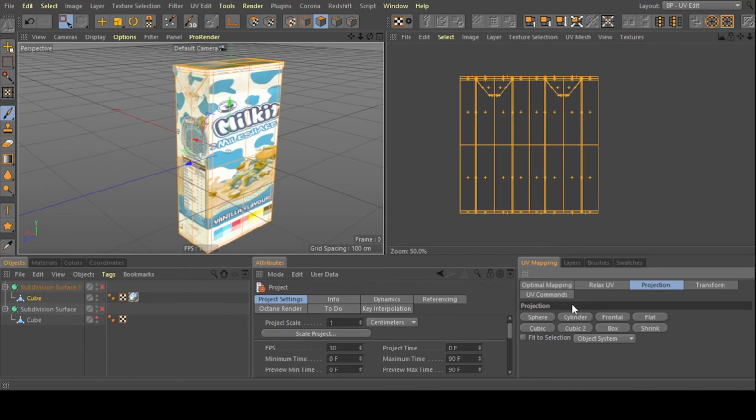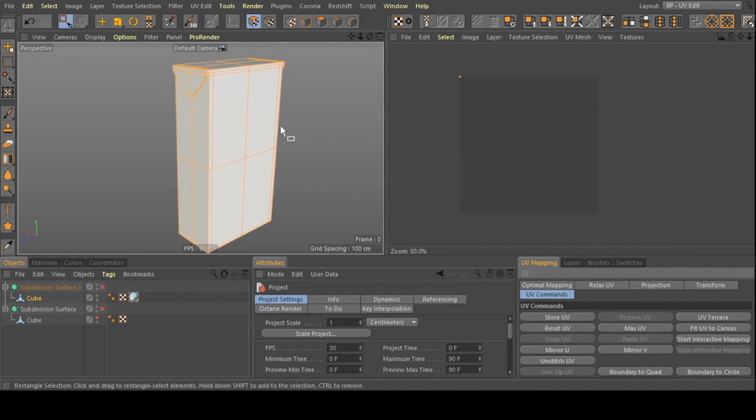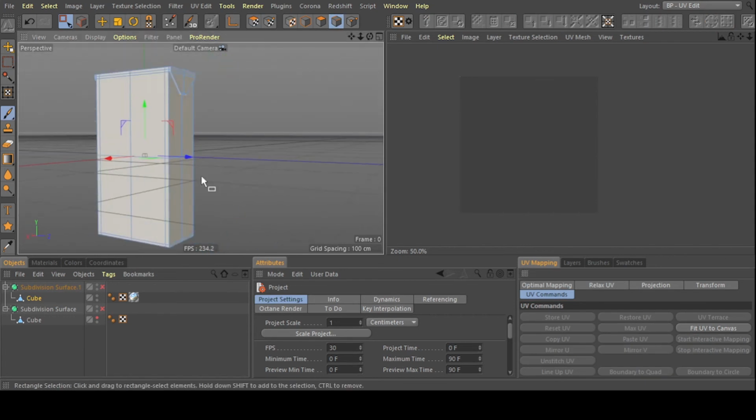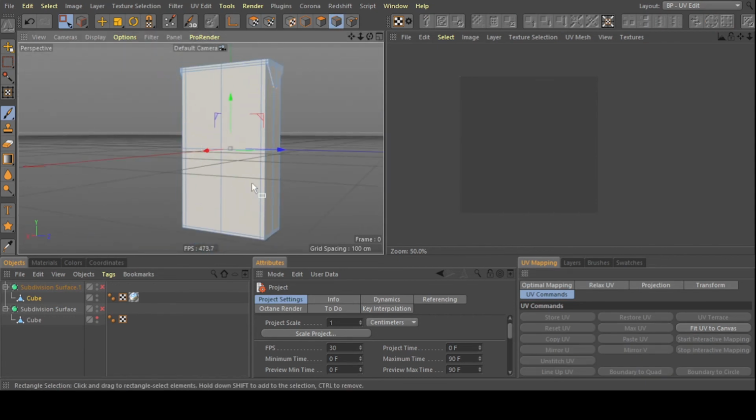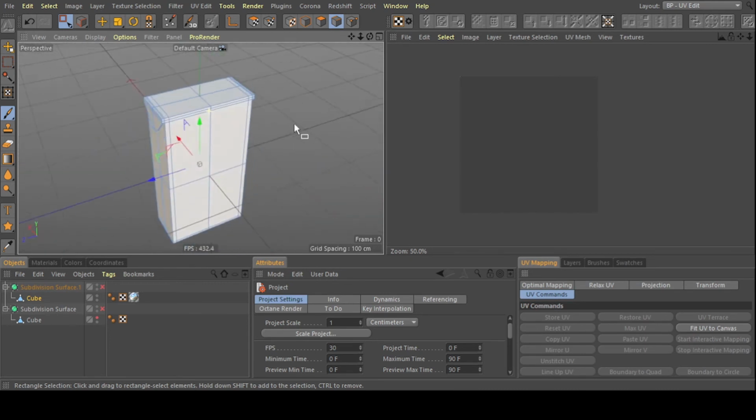UVs from scratch. So I had to go to my UV commands, and I had to go to my UVs tab, and then I had to reset my UVs, and then everything was gone. So I had to start everything from scratch. Okay, so I had to go to my line tool because I had to make some cuts, and looking at the way the actual yogurt